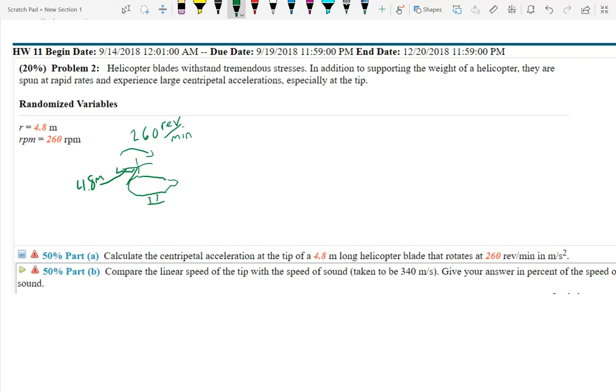minute. And so to calculate our centripetal acceleration, we want to use the formula: centripetal acceleration equals R omega squared. I have to correct, that's not W, it's omega. To plug in this information, we have R, which is 4.8 meters. And then to get revolutions per minute, we need to convert that to radians per second. And so that conversion is omega is equal to